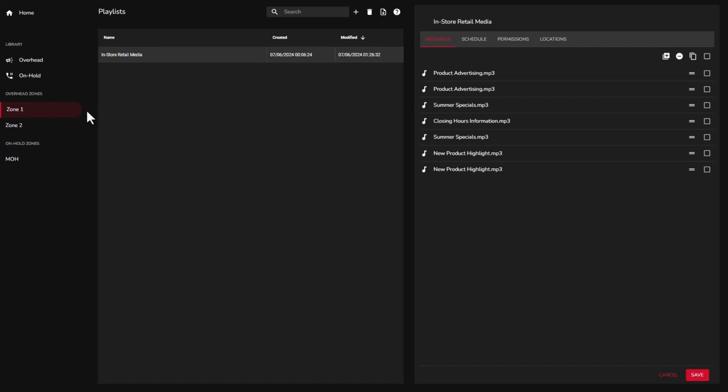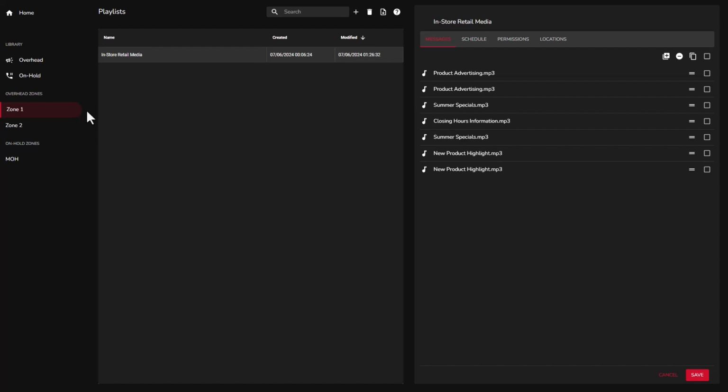Individual message properties can be adjusted through the library or through a messaging playlist. Consider adjusting an individual message if there is customization needed at an individual level that differs from the messaging playlist level. For information on how to create and manage a messaging playlist, check out the video Harmony Messaging, Creating and Managing a Messaging Playlist, and Harmony Messaging, Exploring the Messaging Playlist tabs.